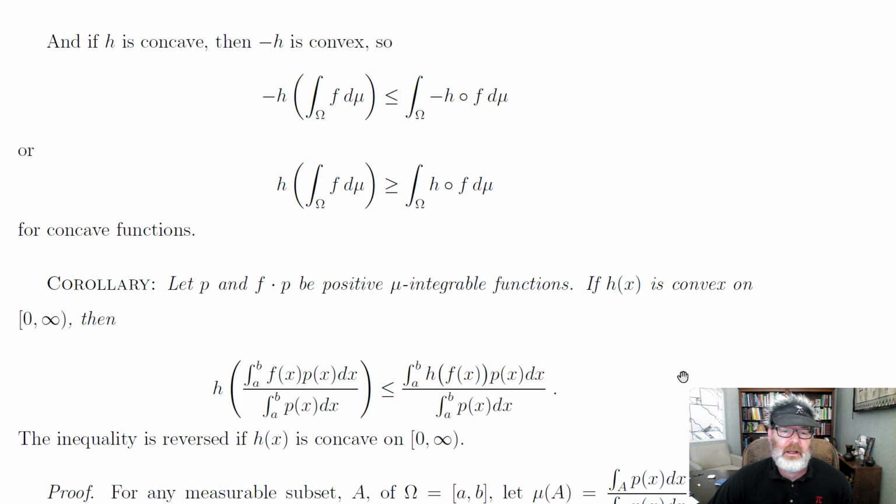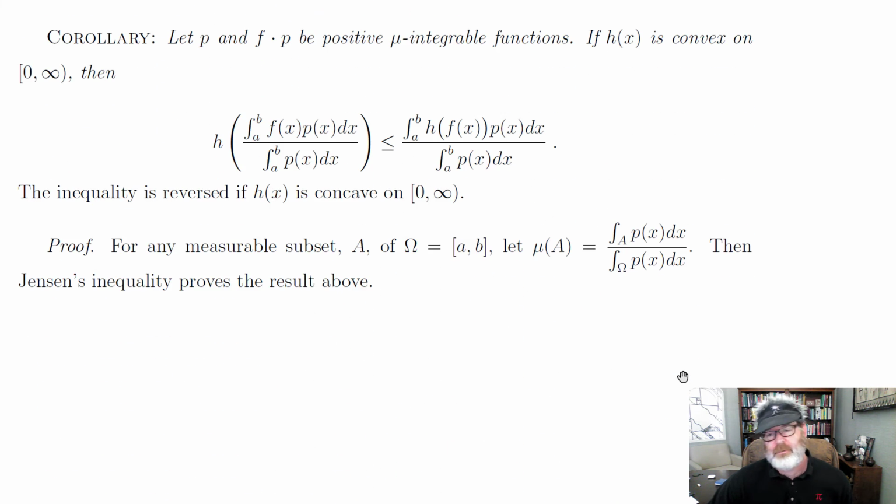And then actually the version I proved, I mean, it was kind of an identical proof, but it's a special case of what was done. So that's why you usually wouldn't see it in this form. But if p is a positive mu integrable function and f times p is positive as well, and if h is convex on 0 to infinity, then we have what I first proved. And the proof would just be